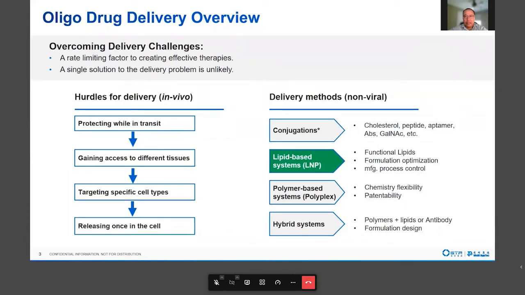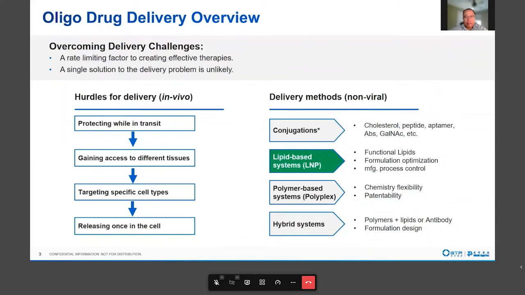First, the delivery system has to encapsulate the oligo efficiently and protect the drug while in transit. Secondly, they have to get into the target tissue through the circulation or other route, and target the specific cell type as designed. And one of the critical steps is to release the payload at the action site once in the cell, for example, the cytoplasm for the mRNA target.